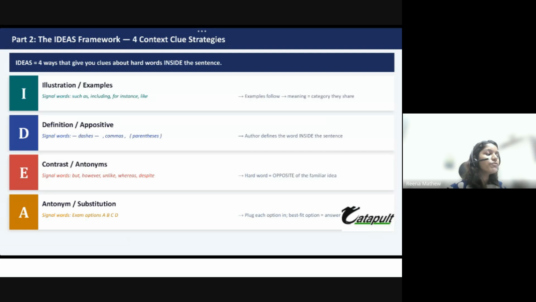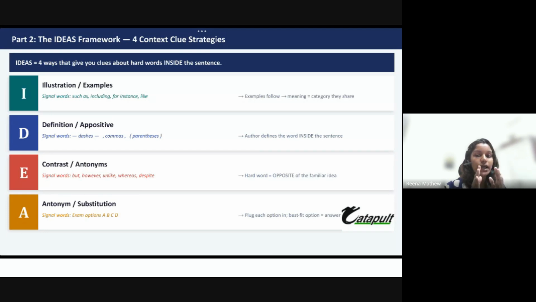Okay, now we have definition, or appositive. That means that, so if I'm saying Sharanya, my best friend, studies with me. Okay, so Sharanya and comma, my best friend, comma. So my best friend here is the appositive. That means that this is the phrase that adds information to the first noun. First noun kya hai? Sharanya. So Sharanya is my best friend.